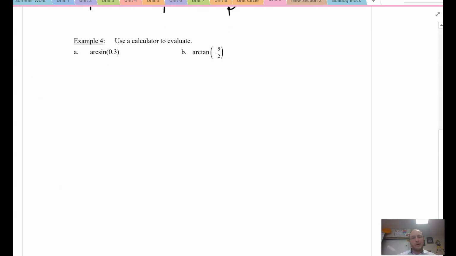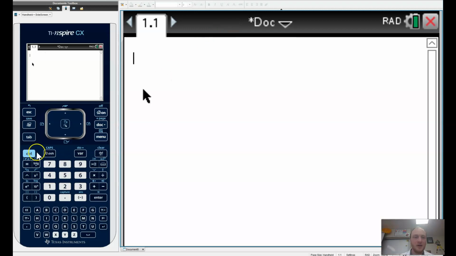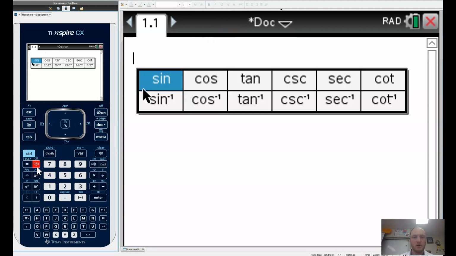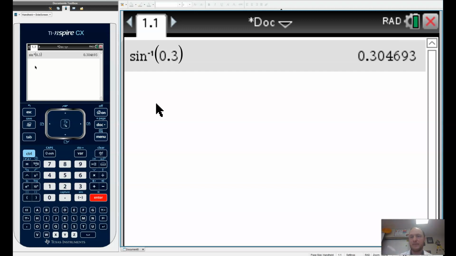All right, example 4, we're going to go ahead and use a calculator. They want arc sine of 0.3. So cruise over to my calculator. Here it is. Hello, calculadora. I want arc sine of 0.3. So I go to my trig button, bring up arc sine, I enter 0.3, and boom, there it is,